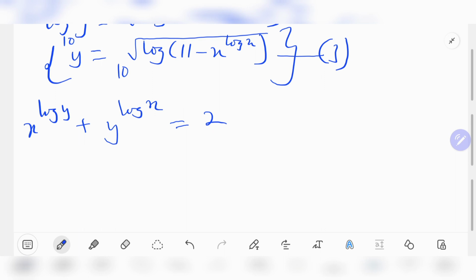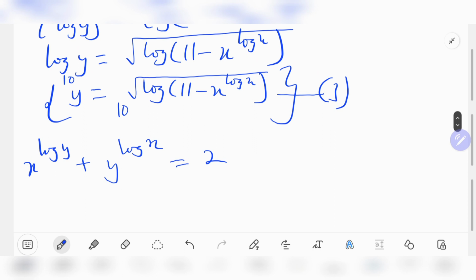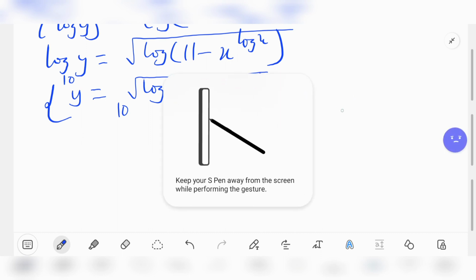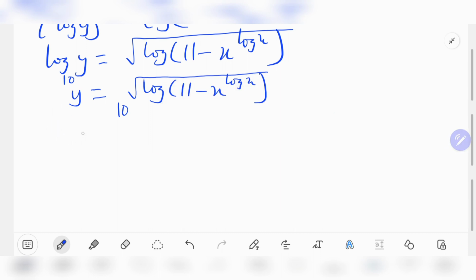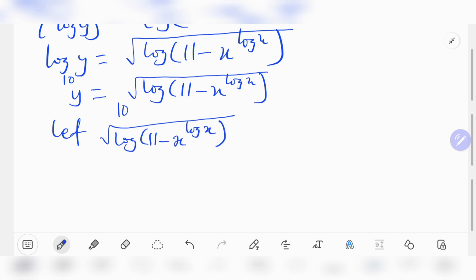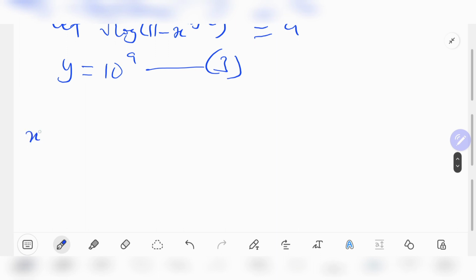Now we will want to make things a little bit simplified. So before the whole of this, let me just get rid of these ones. Let's represent that whole thing in the square roots, or the expression in the square root together with that square root, with another variable, let's say a. So we're going to have y equals 10 power a. So we are having our first equation to be this